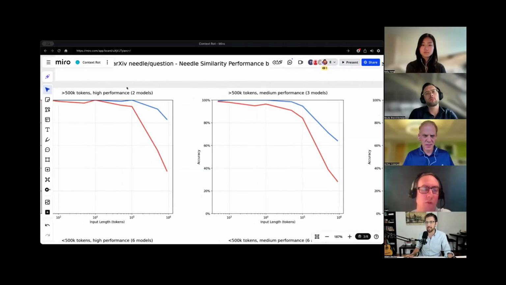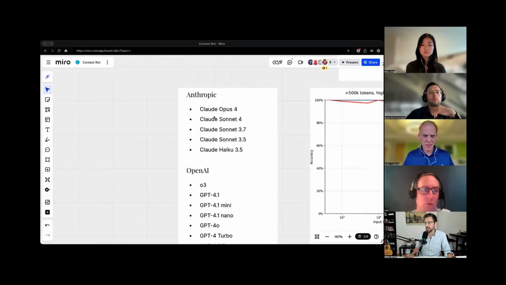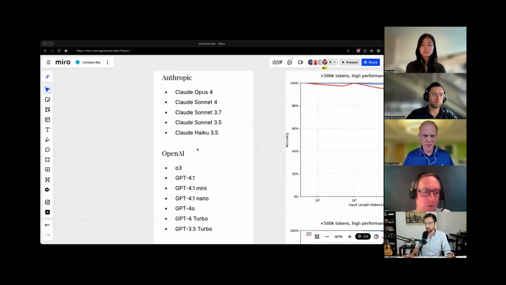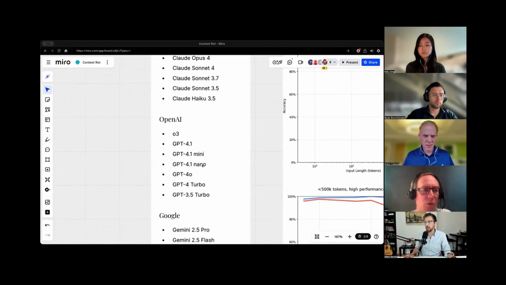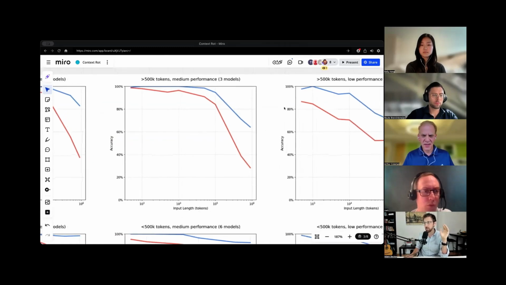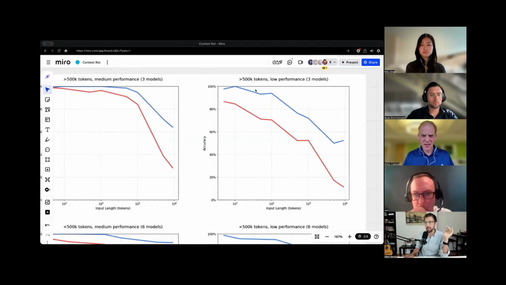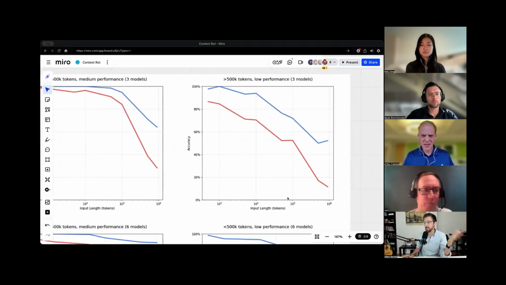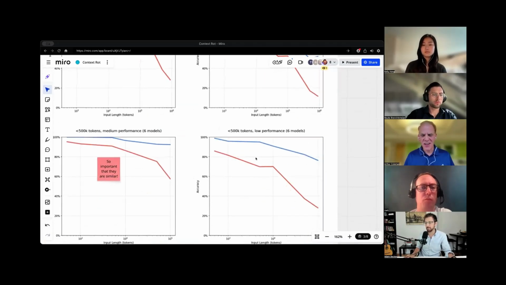So here, you just see the high performing ones. You can get a sense here, I imagine, of which ones are the high performing ones. The ones that are medium performing, you can see that even if they're highly similar, it's going to start to drop. Certainly is. So I don't think there's anything that's too surprising here. But for low performing models, if you just keep giving it lowly similar, quite dissimilar question and needle, it starts out bad and it gets much worse. Okay, let's stop there.